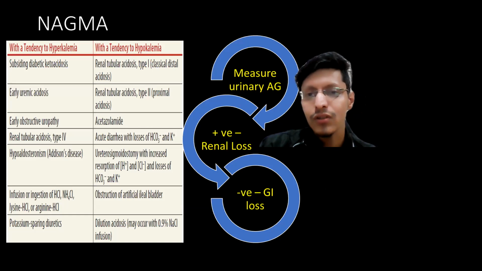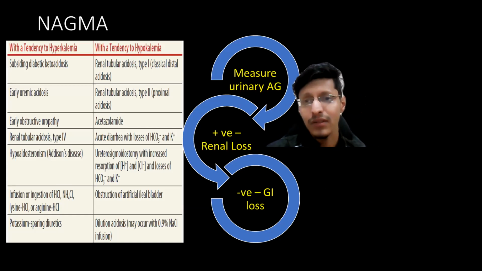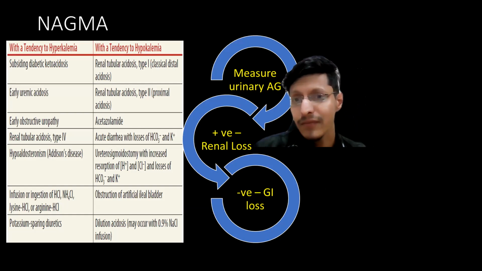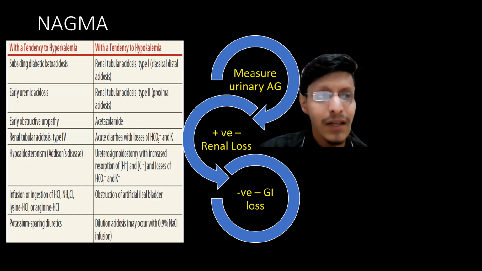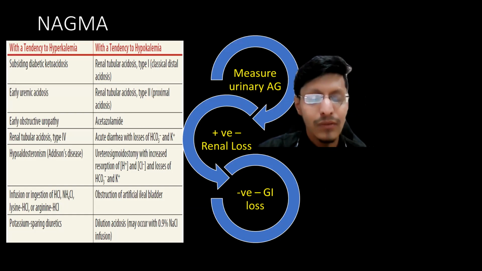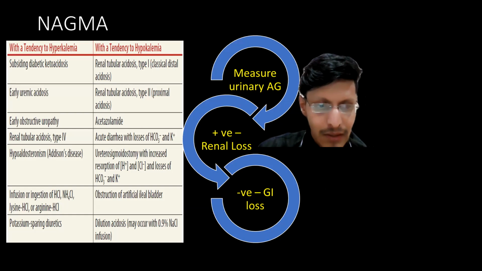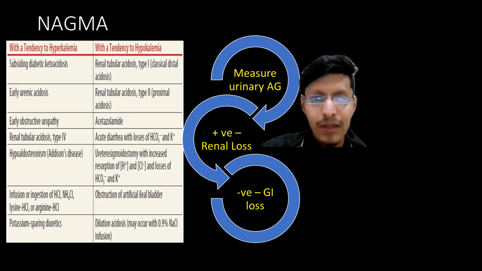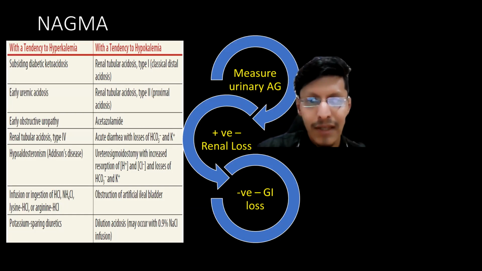So what are the conditions for the normal anion gap metabolic acidosis? The conditions are different for hypokalemia and different for hyperkalemia. With a tendency to hyperkalemia: subsiding diabetic ketoacidosis, early uremic acidosis, early obstructive uropathy, renal tubular acidosis, and potassium sparing diuretics. And with hypokalemia: renal tubular acidosis type 1, type 2, acetazolamide, acute diarrhea, obstruction of artificial ileal bladder, and